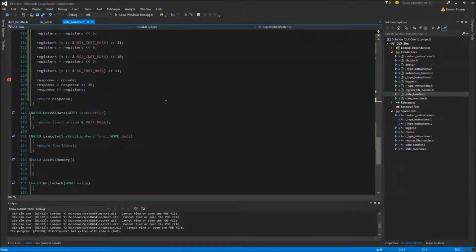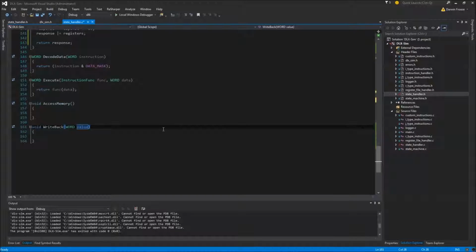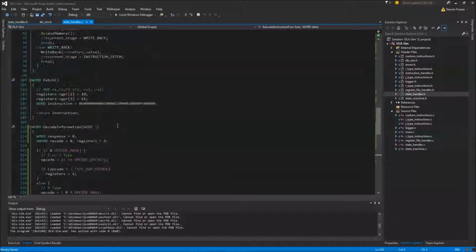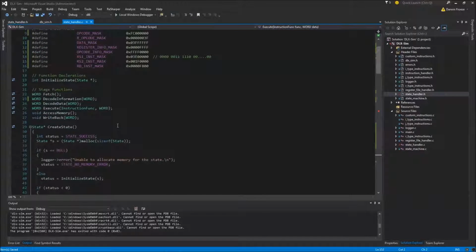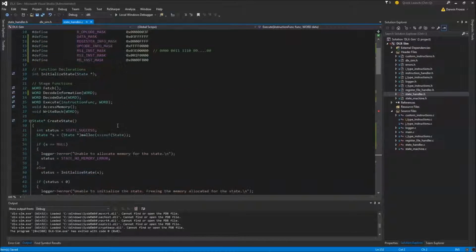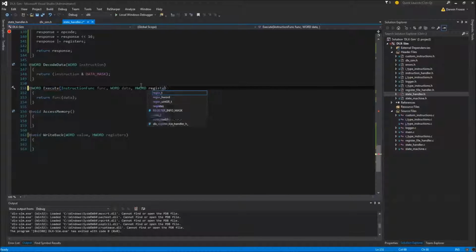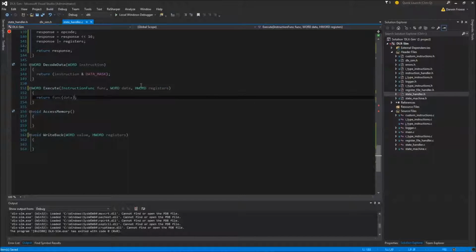So now we're going to change our write back, and write back is going to be the value as well as registers. And we don't really need it in execute. We could put it in execute, but we don't need it. Actually, we should put it in execute, so we don't have to do that extra manipulation there. So execute, we'll do hword registers, and then we'll pass registers into the function as well,